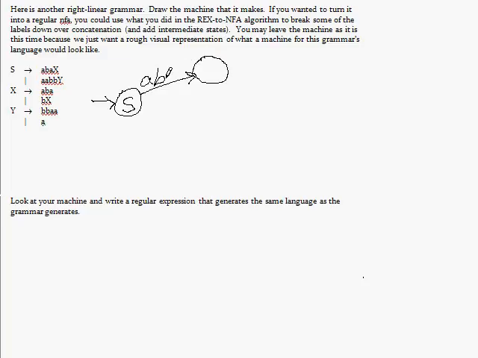and ABA goes there. Now, isn't this looking like one of those partly finished machines that we got when we were doing that turn a regular expression into a machine algorithm? It looks just like that. The other transition for S goes to Y, and it is labeled AABB. Now, X has one transition that's a word with no variable at the end, so we're going to need to take it to the accept state. Here's our accept state out here